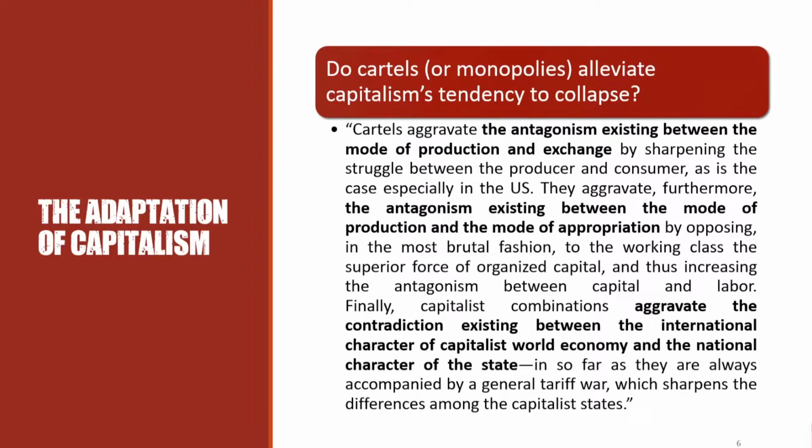And she points out this is particularly bad in the U.S. And it is, because basically we as workers are not paid enough money to buy the things we're making. That's been a problem since the beginning of capitalism, pretty much. So that is that contradiction. And she says cartels aggravate this. And you can see how,